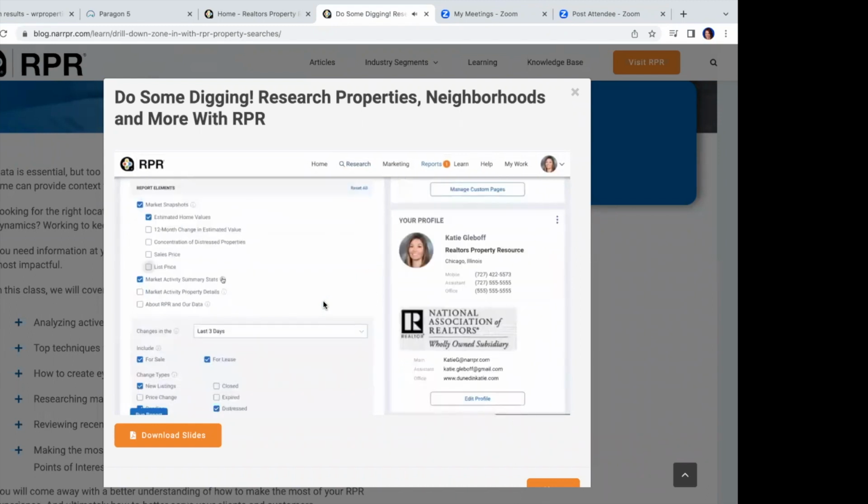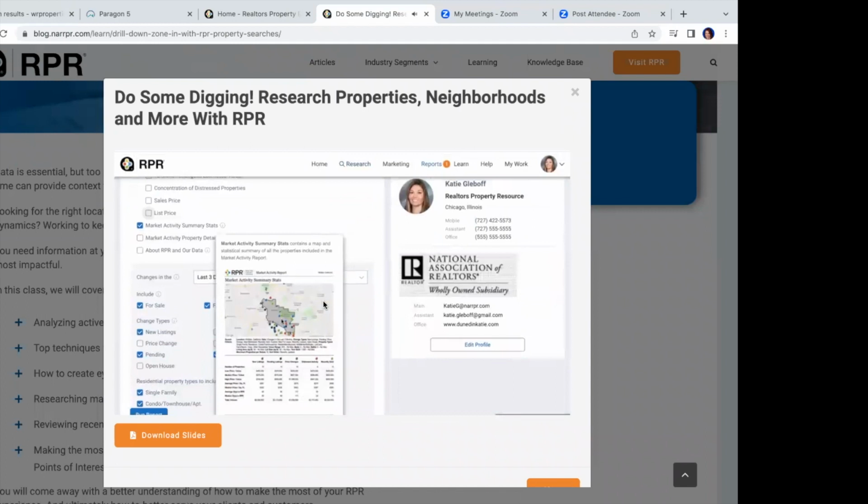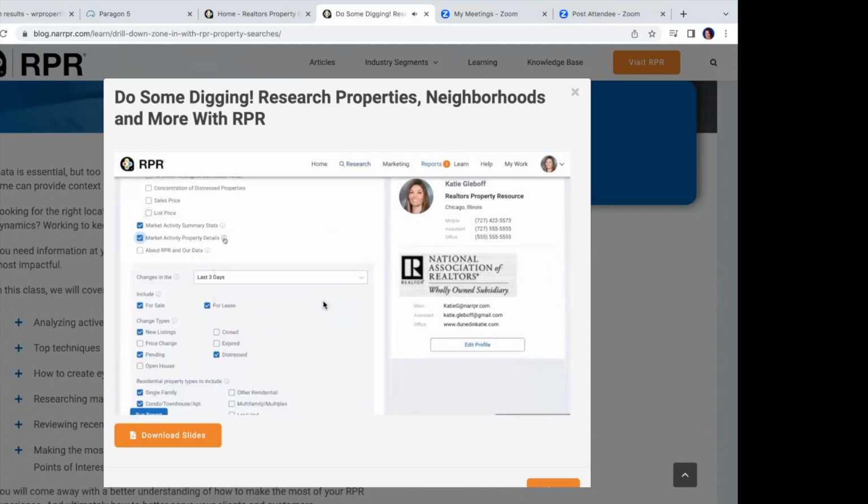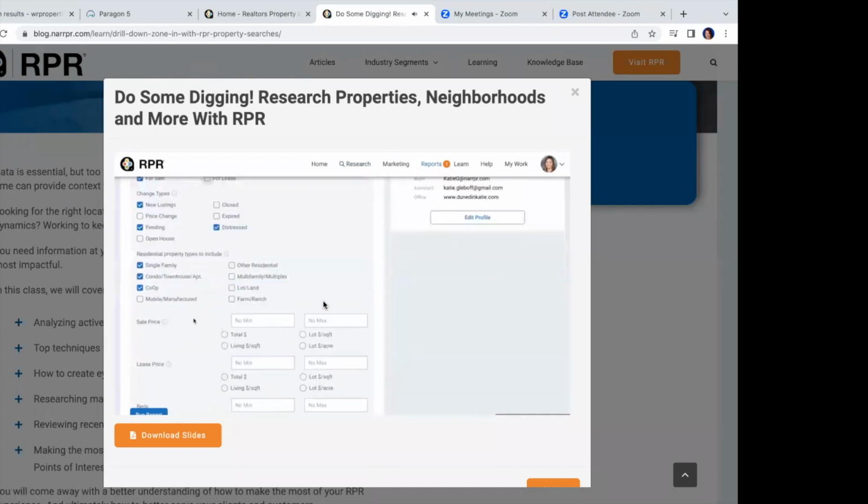I want to see my summary of new listings, price changes, status changes, and I want a summary of all of those. I want to see it over the last month, and I want it for properties that are for sale. I want these changes. I want it for single family homes, but I only want it for single family homes that are valued between 500,000 and 800,000. So whether it's an inventory search for an open house, a competition search for a potential seller,